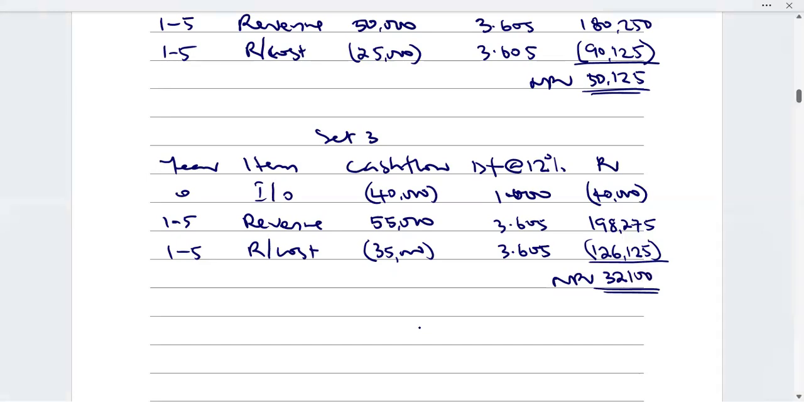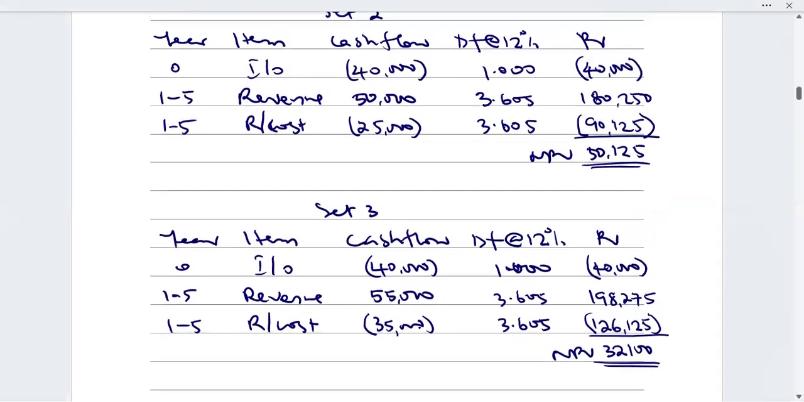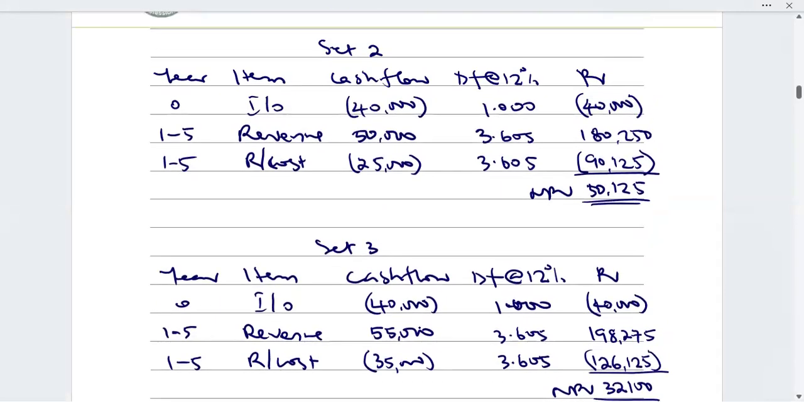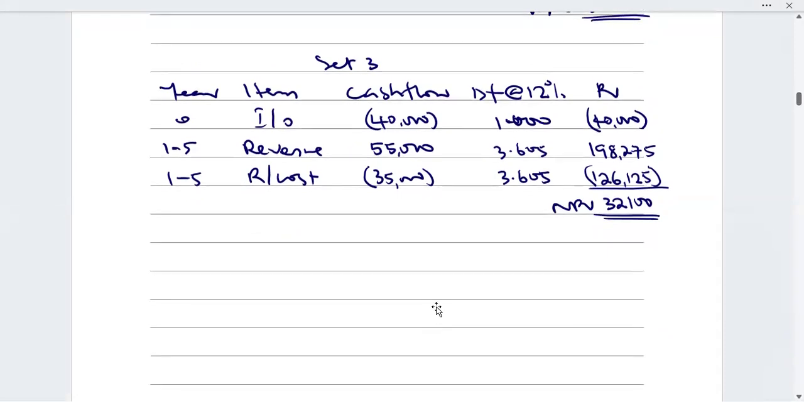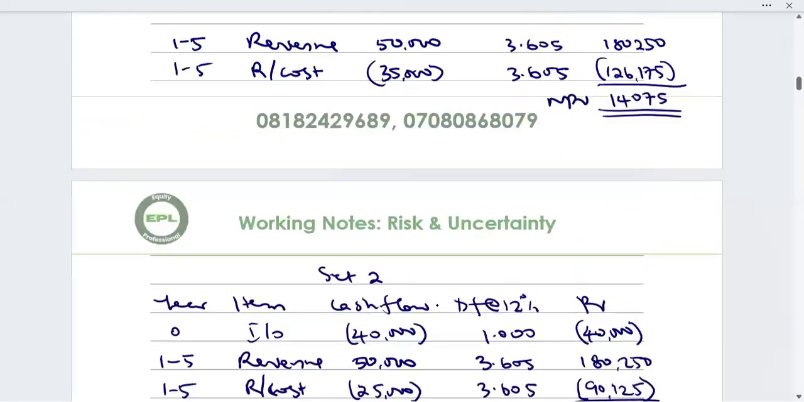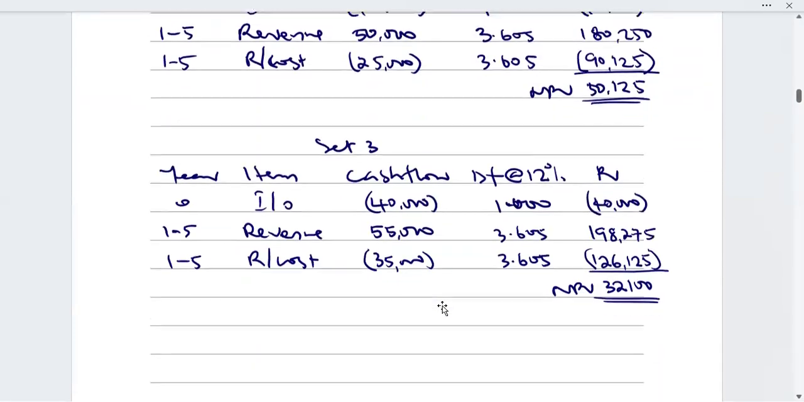So we're almost done. We have computed three different NPVs, and you need only one. So at this point, you need to find the average NPV. So the average expected NPV would then be equal to, you add up the NPVs that you have computed, starting from